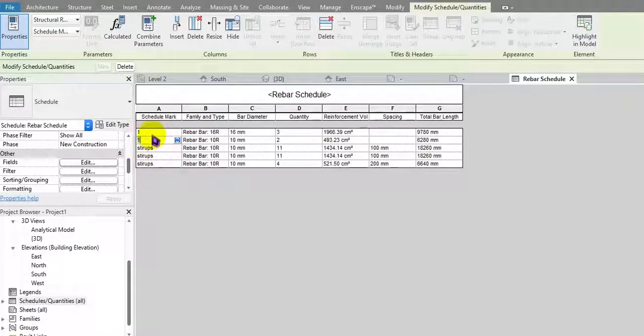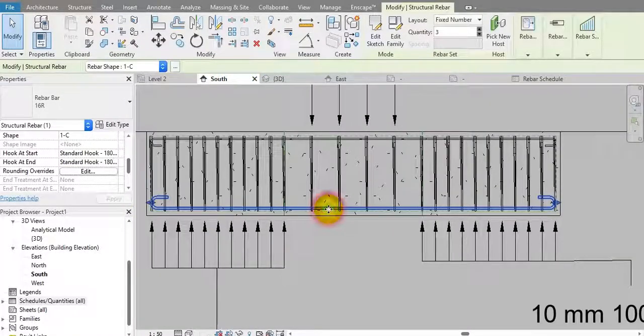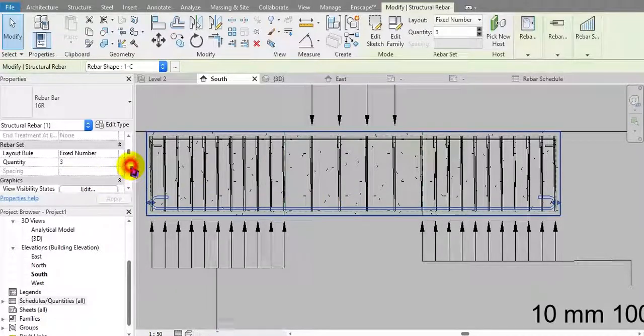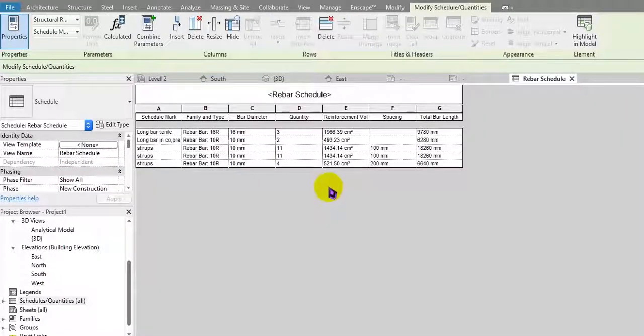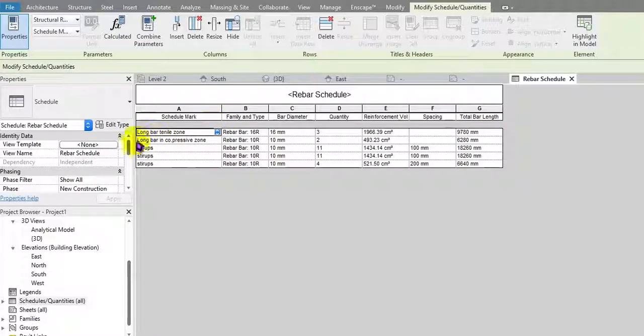We've got a schedule mark, and there's a blank right there, so let me go there and pick it up. This is a longitudinal bar. Okay, that's fine for now. I have longitudinal bar in the tensile zone and longitudinal bar in the compressive zone. Right, that's cool. So we have three different sorts of stirrups here, having 11 numbers, and the spacing is